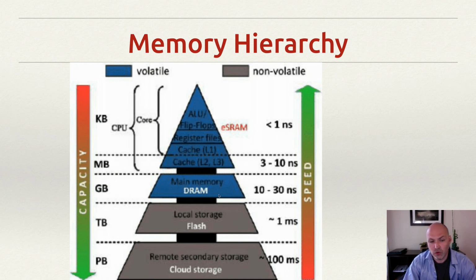Then you might have your main memory, right? So this is your RAM. This is that DRAM that is going to hold gigabits of information that you're working with. Now, this is your primary storage, right? This is all the things that the CPU can address directly, meaning if I give the CPU an address and say, load a piece of information from memory address 32564,